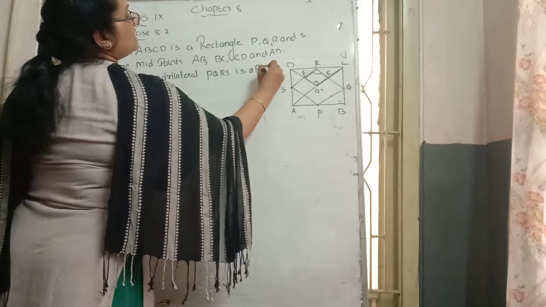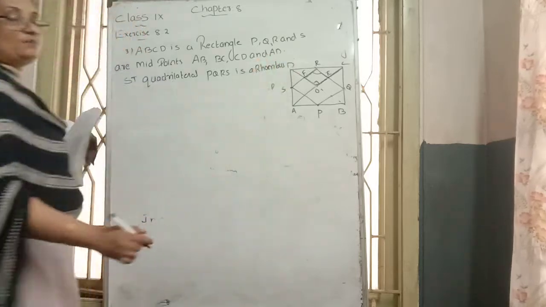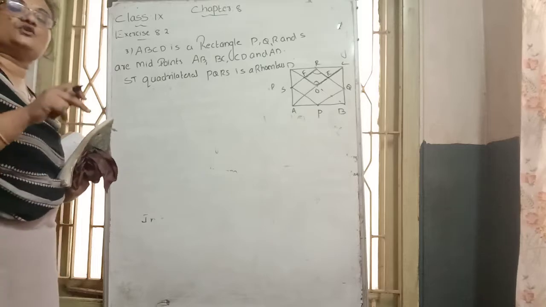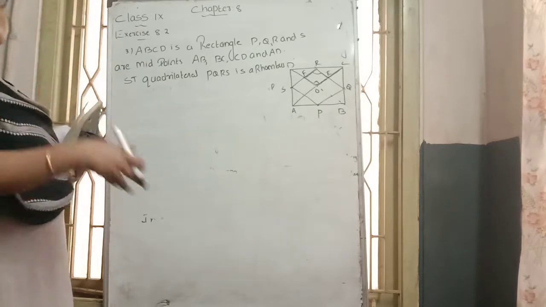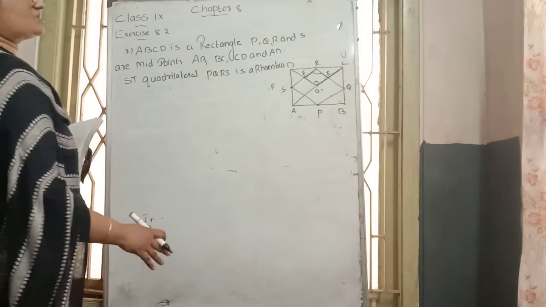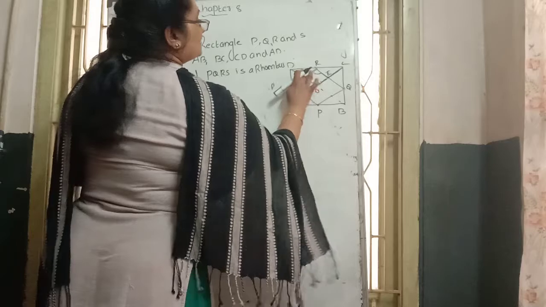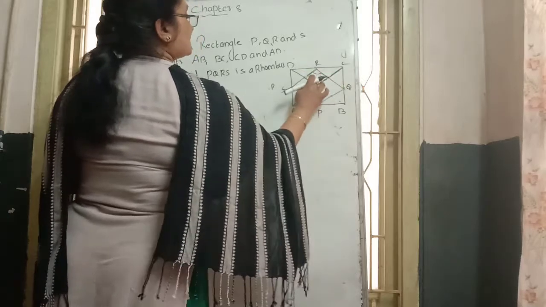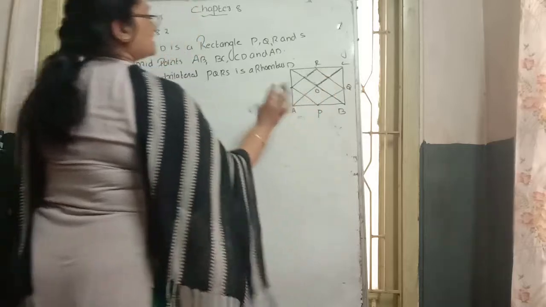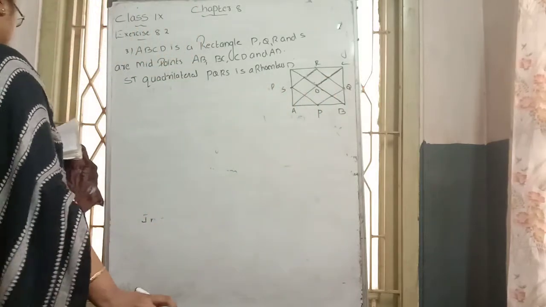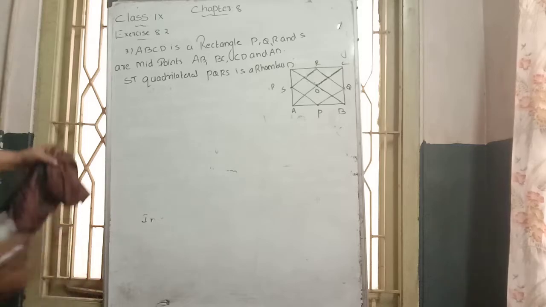In the previous one, the outside part was a rhombus and the inside part we wanted to prove a rectangle. Here the outside part is a rectangle, and the inside part becomes a rhombus. How to prove this? For proving it, the diagram is the same, and here the diagonals are there. AC and BD are the two diagonals, like this. How to prove this?